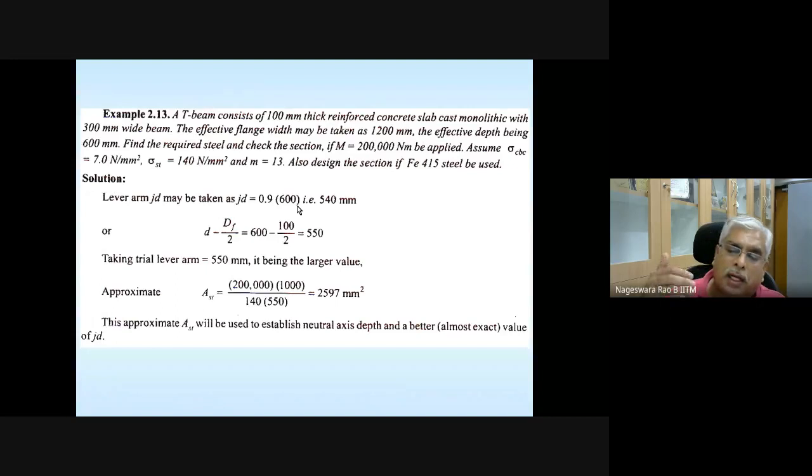Effective depth is given here as 600 mm, which is the distance from the extreme fiber in compression to the centroid of the steel. I don't know the amount of steel, but I'm assuming that the distance is to the centroid of the steel. So that is the effective depth. So lever arm is taken as 0.9 times that. This is a trial. And using this lever arm,